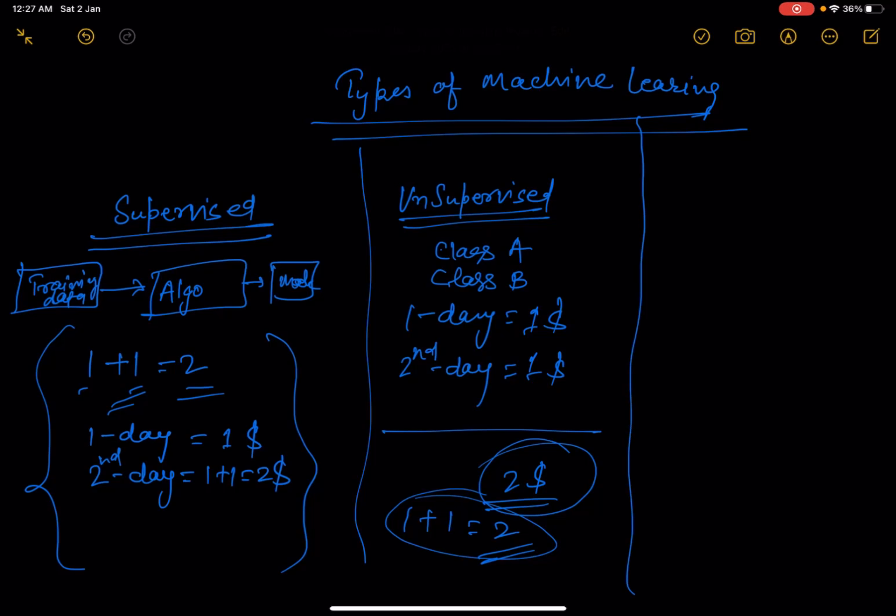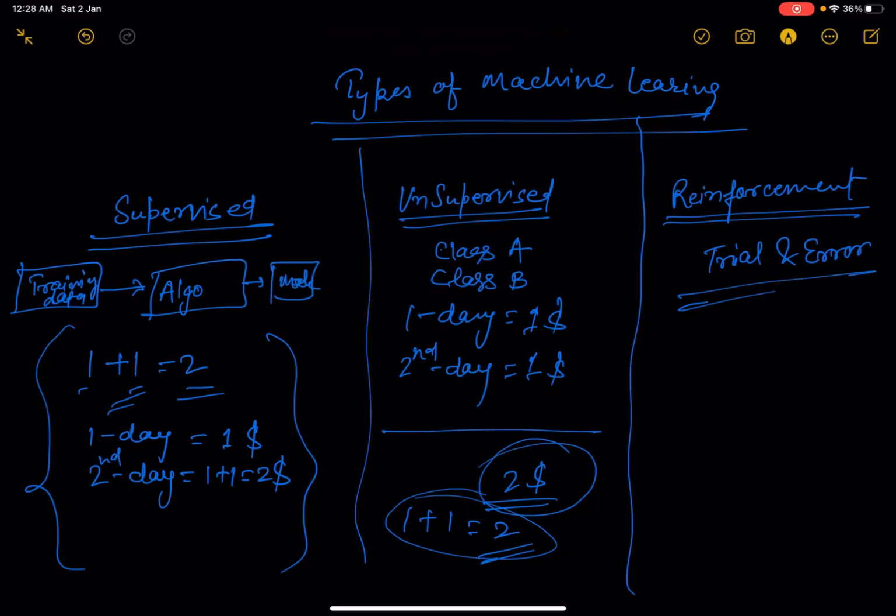Next we have the reinforcement model. So this is the third type of machine learning. In this case, what happens? It is normally a trial and error method. This type of model follows the trial and error method, like in robotics, if we say,